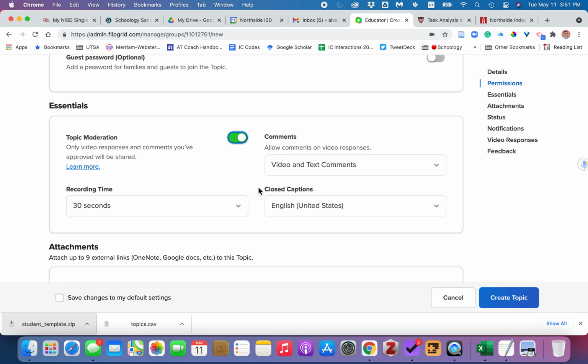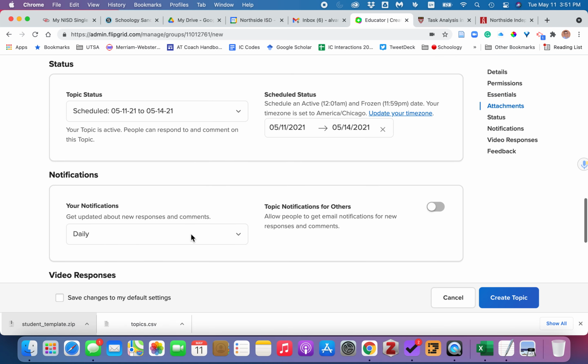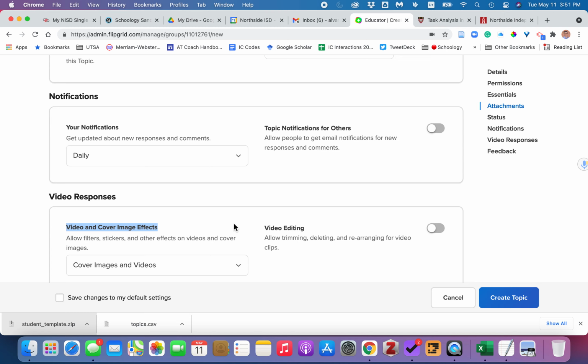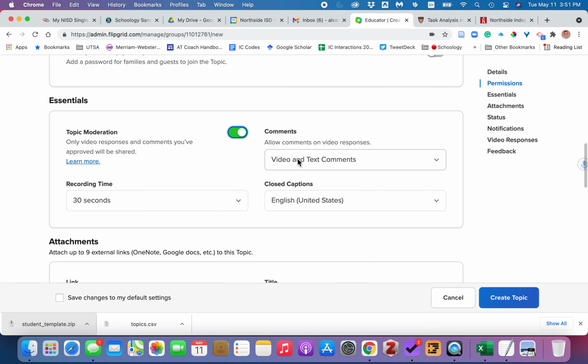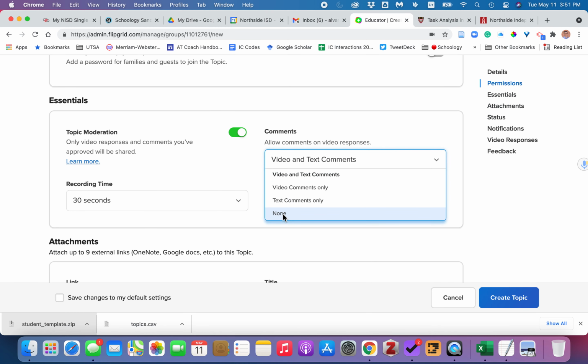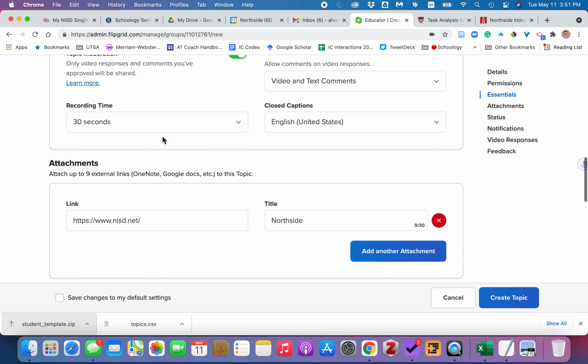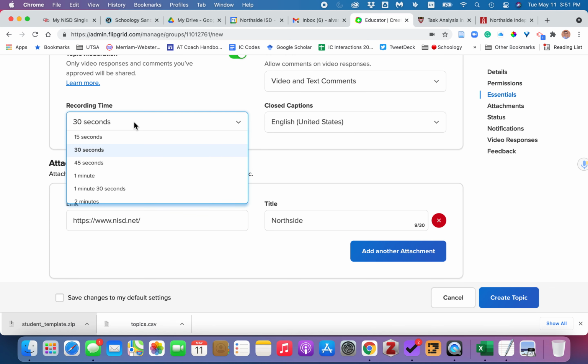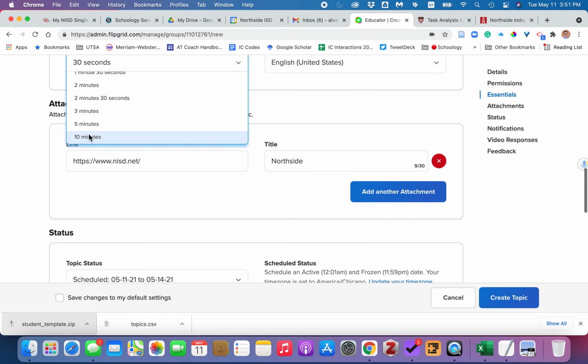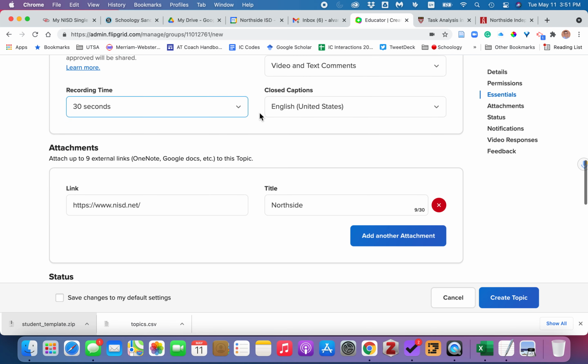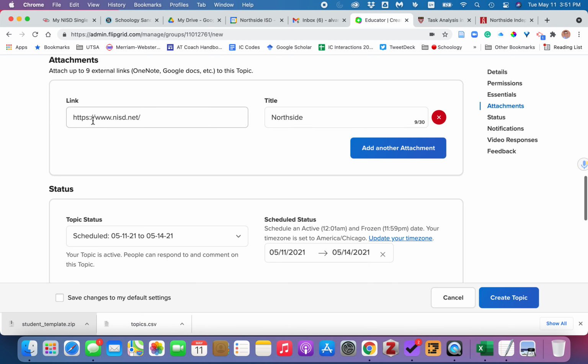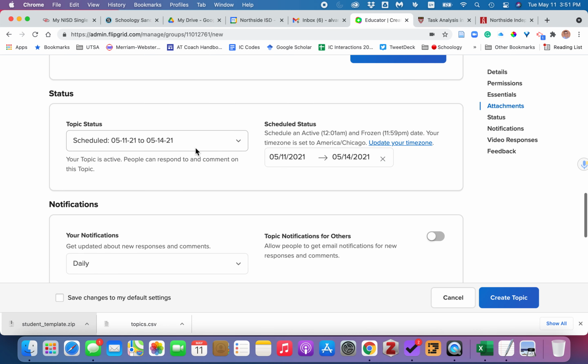So if you want the students to respond to each other when they're doing their video responses, this is where you could allow it, or you can turn it off. The recording time, 30 seconds, all the way up to 10 minutes if you wanted to give them 10 minutes to record a video, and then the closed captioning, and then if you want, this is for you, your attachments,